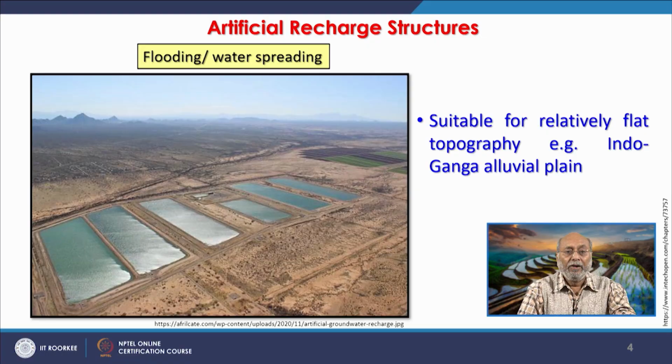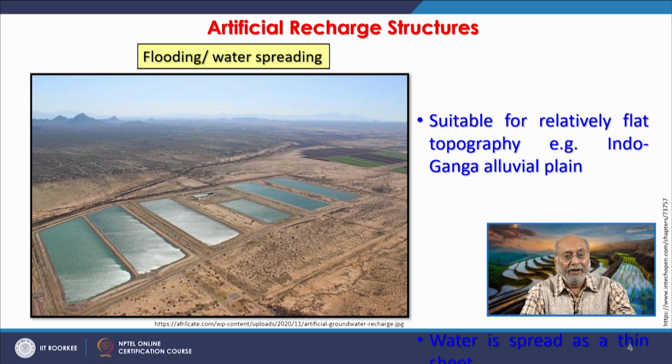This is another way of creating it, depending on the slope and other soil conditions, and from a management point of view also, that instead of a large water spread area, one can create small portions within that area. So, such structures or such approaches are mainly suitable for flat terrain or flat topography, for example,